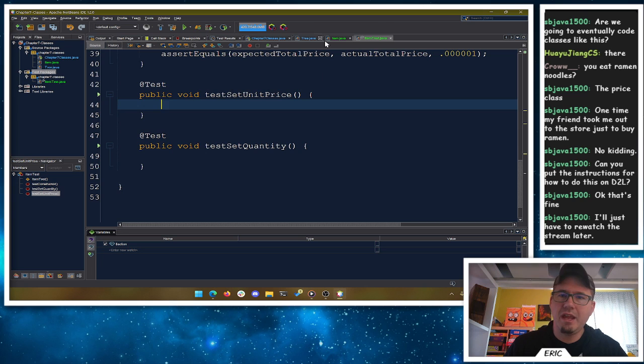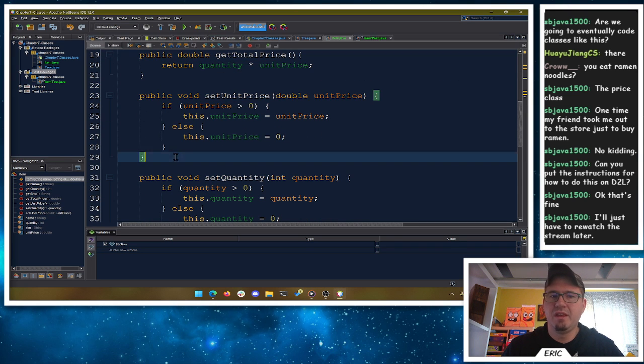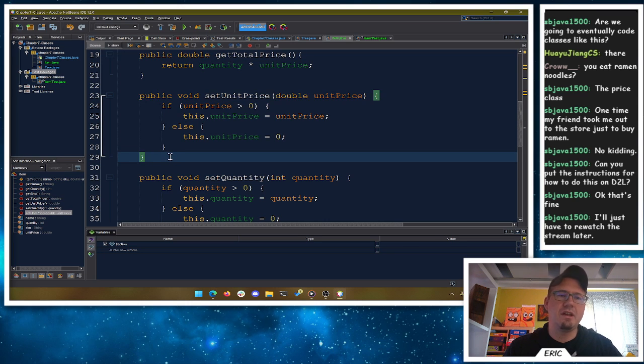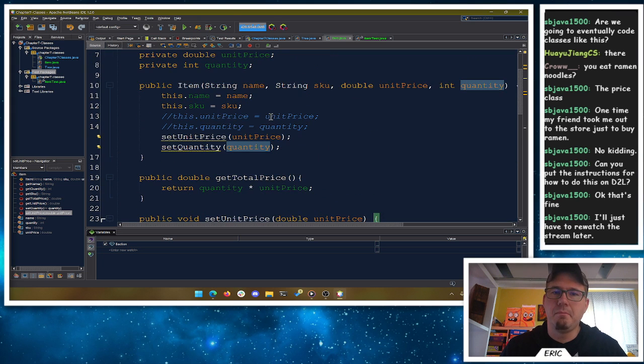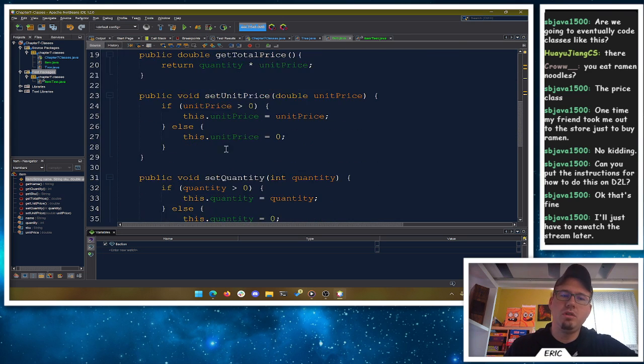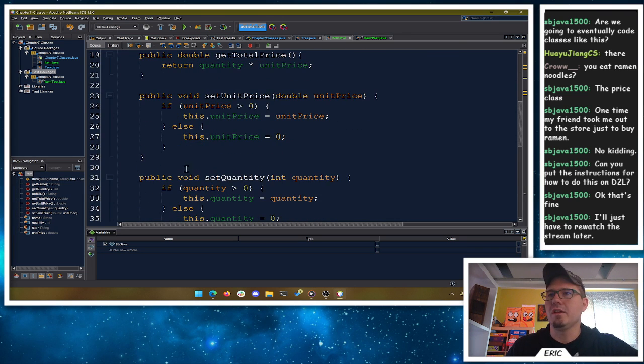Okay, now set unit price and set quantity here. One of the things that happens when we are working with unit tests is this concept called code coverage. So far, my constructor calls set unit price and set quantity. Code coverage just means, out of all of the lines of code that I have written, how many of them are actually running when my unit tests run?